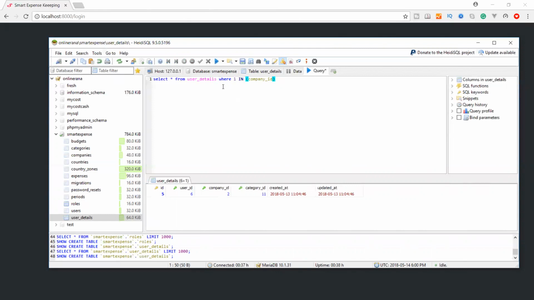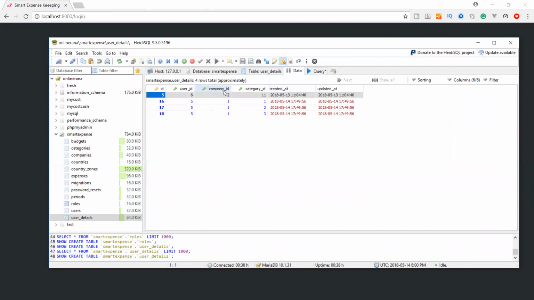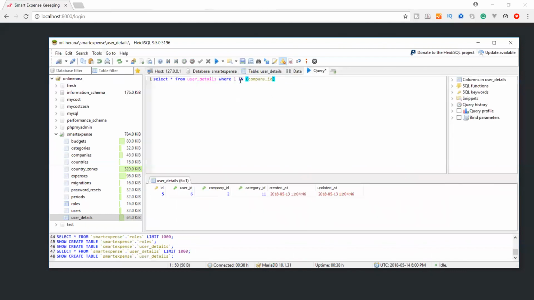So in the SQL query builder, I am giving a manual company ID of 1, and IN matches this company ID. Okay, and when it is matched, it finds all records. When you run this query, see we have a company ID of 1 and 3 records, because we are selecting all. So 3 records match the company ID, and we can also group by if we want to group.